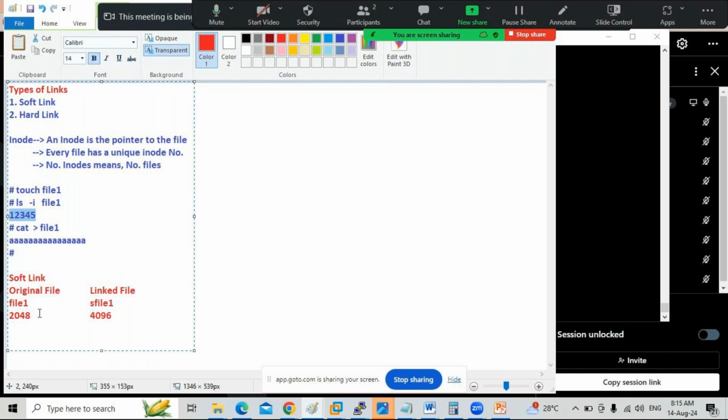Now coming to the soft link, my original file inode number is 2048 and linked file inode number is 4096. If I create the linked file, already we have some data in file1 that is there in 2048. For this file1, I create the linked file as Sfile1. For Sfile1, the inode number is 4096. To read the data in file1, I can read from file1 or I can read from Sfile1. The data in file1 we can read from Sfile1. If I type cat Sfile1,